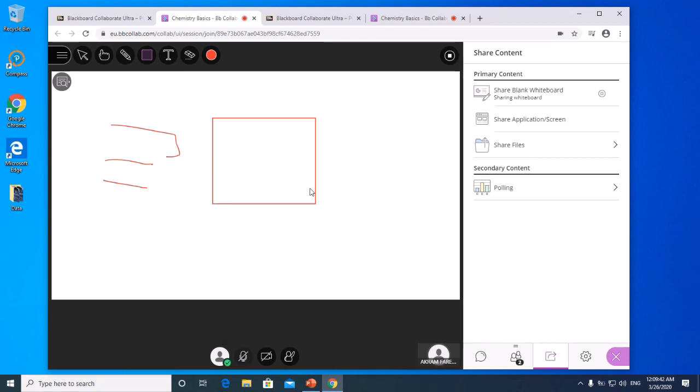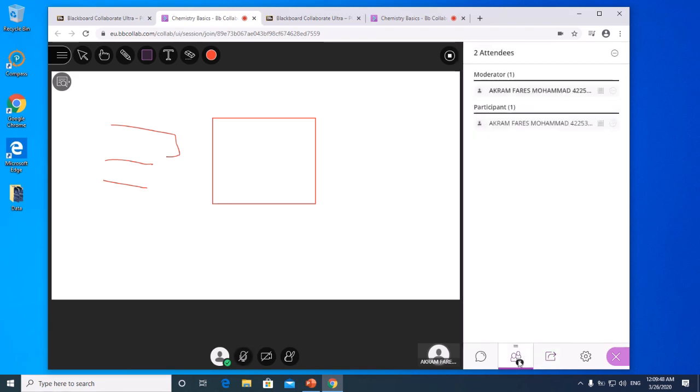Another thing, this is how you share the whiteboard, okay? And if we go back here, this is your control panel. From here you can see how many students are joining the virtual classroom. For example, this is now participant 1. This is the preview, which is this one, the student. If I hover here, you see the name of the student, and